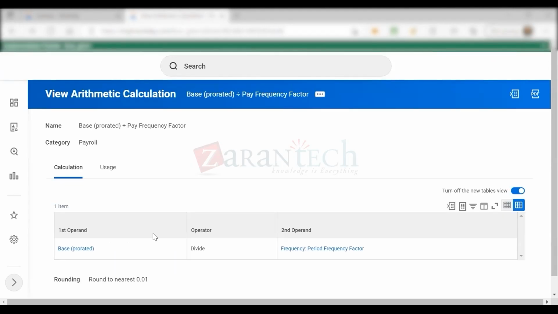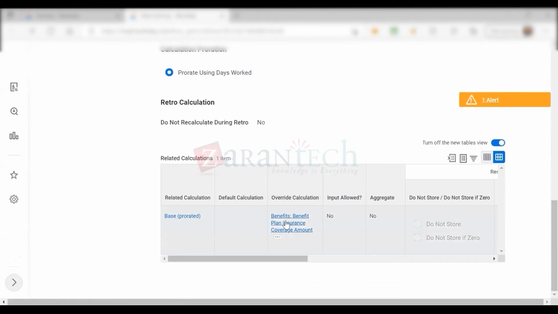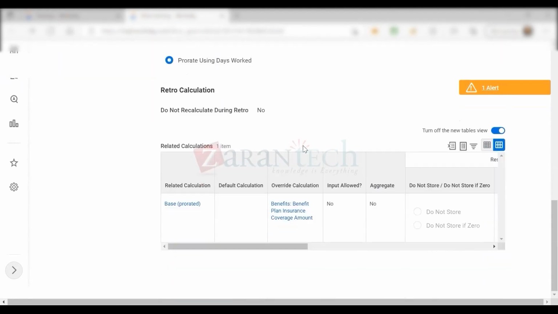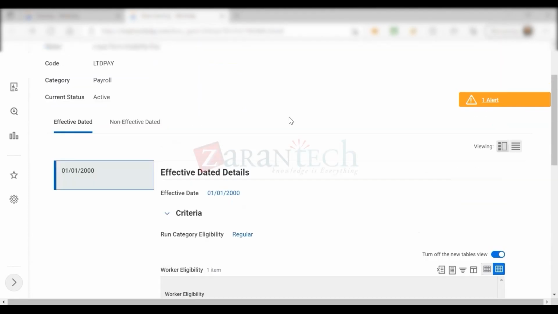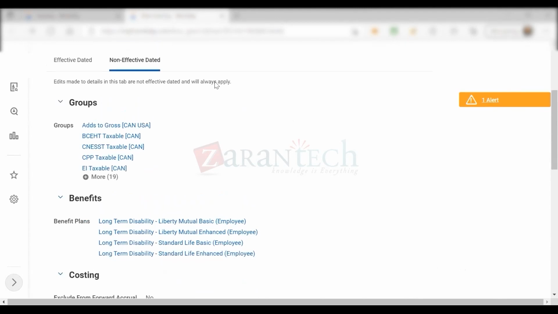Now, let's go and check where that base prorated is coming from. It is saying base prorated is coming from the benefit plan insurance coverage amount. So it is taking the benefit plan coverage amount and then dividing that number by 24 because I am working with semi-monthly. If it is bi-weekly, then that pay frequency factor will be 26. And because I'm using a benefit calculation, I'm expecting that it should tell me what benefit plan, because if we go and check,